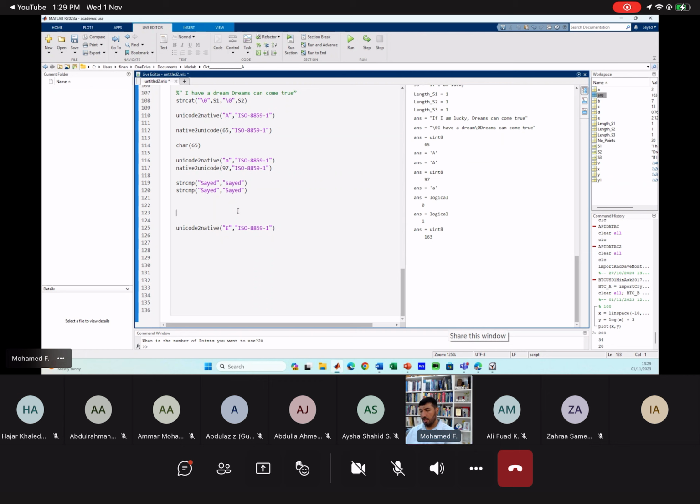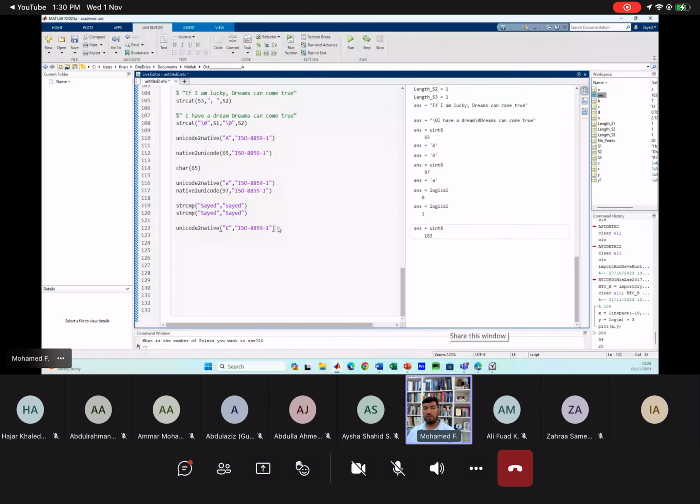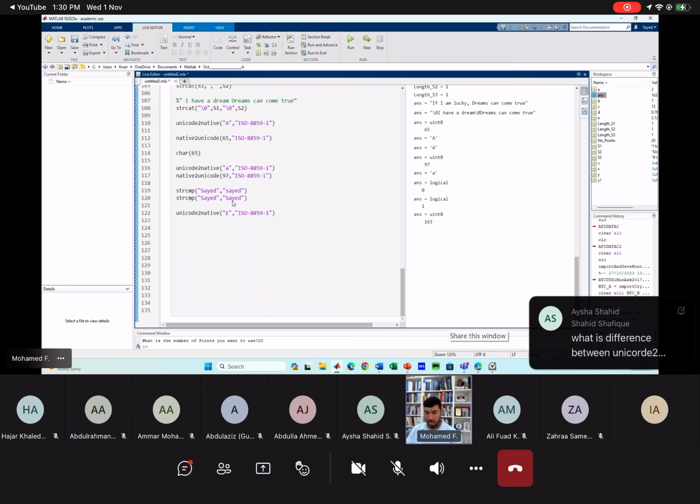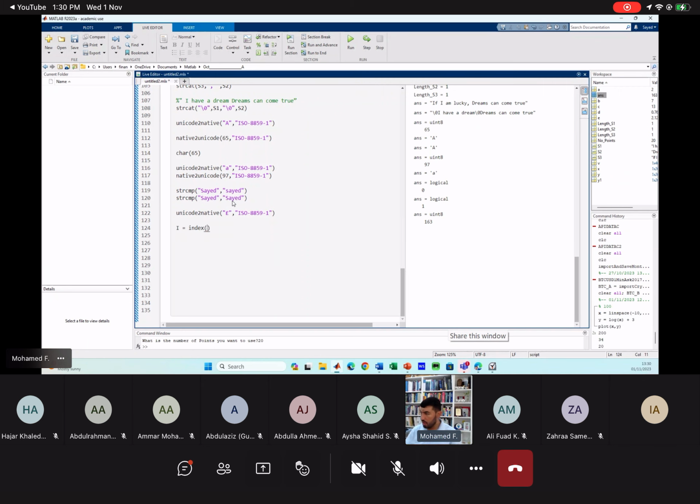Okay. Now we have two functions to finish the strings. What else we need to do? Yes, index. So let's say I equals index. Yes, what is the difference between? Yes, Aisha. Unicode to native